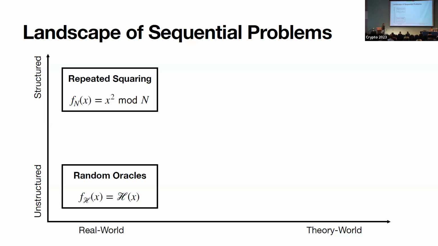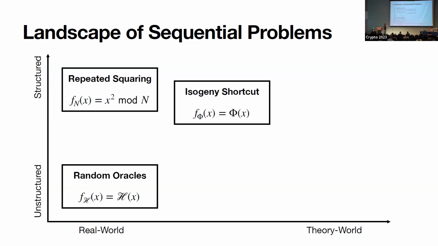Okay. Now, as we shift towards the right of this graph, we have the isogeny shortcut problem, which is fairly structured, but is considerably less efficient than repeated squaring, which essentially says that jumping from one isogeny to another is an inherently sequential operation, and I would refer you to the paper